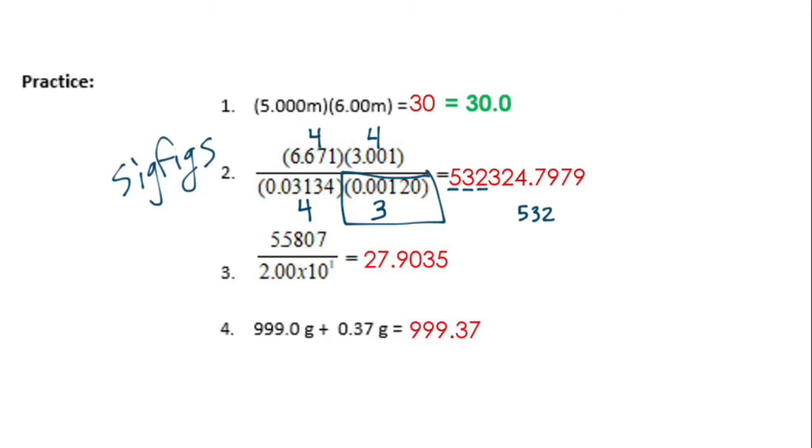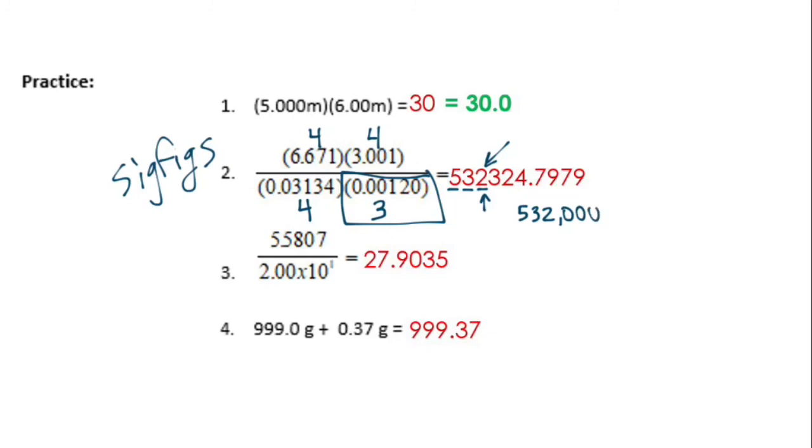532,324.7979 cannot just get rounded to 532. If your math teacher was telling you to round this number, the words they would probably use if they wanted you to round this here at that 2's place, that's the thousands place, they would tell you round this number to the nearest 1,000. And you'd look at this and be like, okay, well, is this closer to 532,000 or is it 533,000? And it is definitely closer to